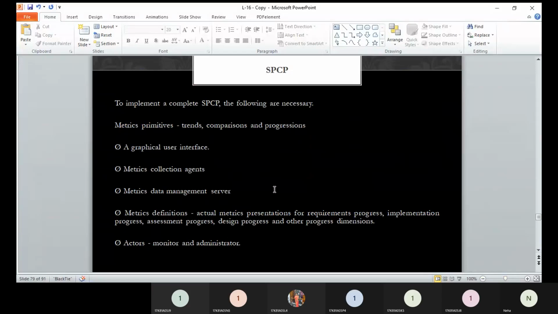The administrator is the one who will take care of the complete administration of the project, who will have the authority to define new mechanisms, new objects, linkages, any other functions, compositions, decompositions. So that is the administrator, and the monitor is the panel layout, for the manager, for the developer, and so on.